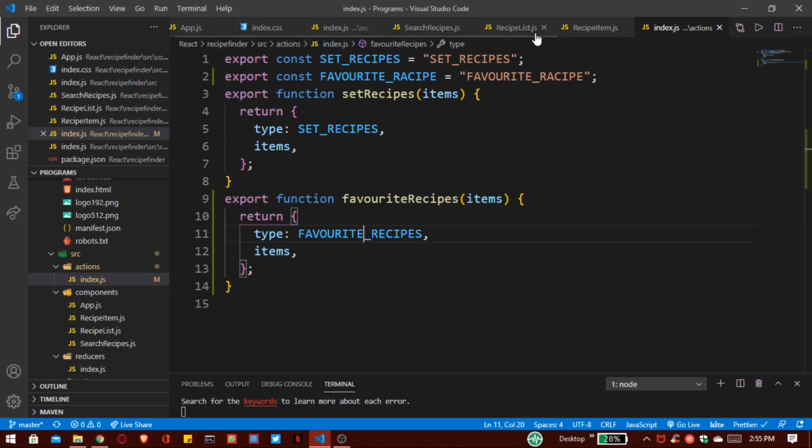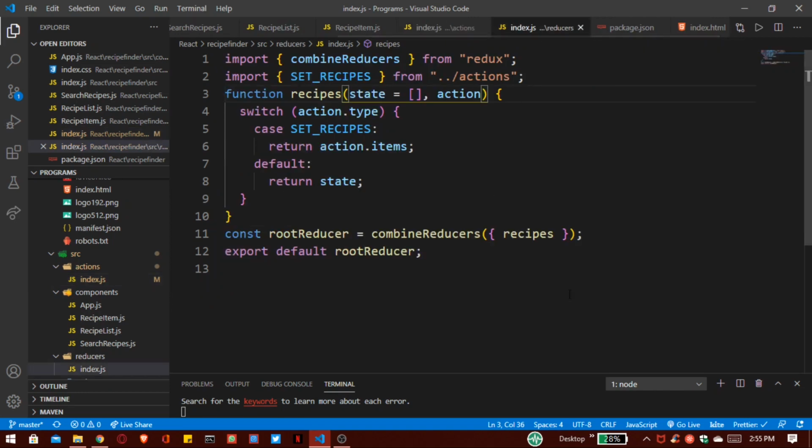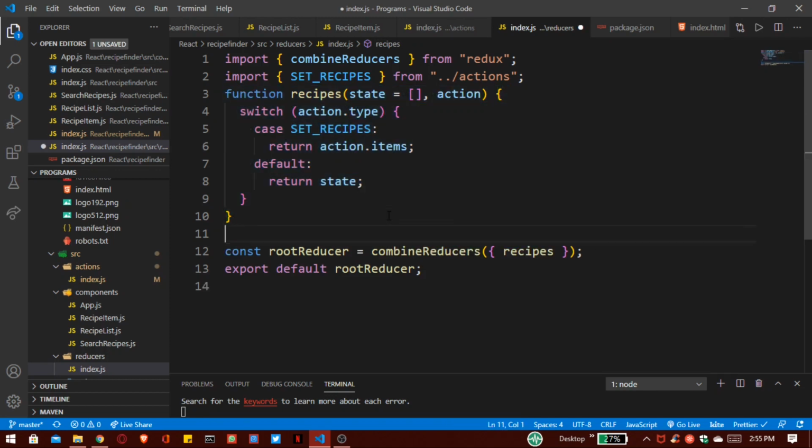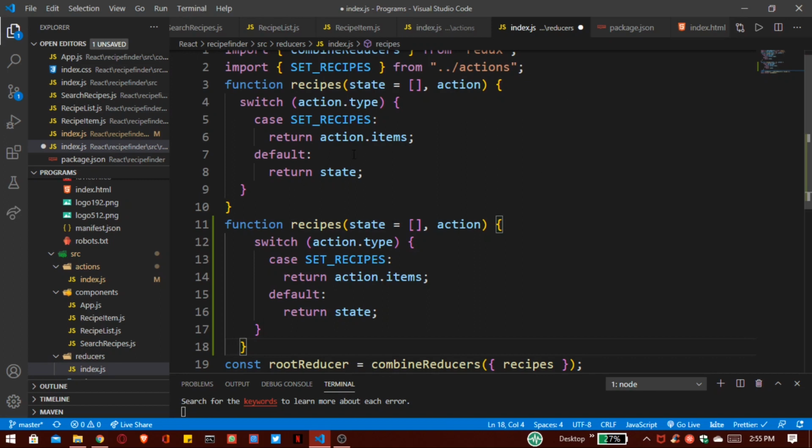So go inside our reducers, that is here index.js, and here we have to call the same function like this for our recipes, and this is for our favorites. So instead of recipes only, we have to write here favorite, and our action is for favorite recipes. Here we want to return all of the favorite recipes that we have selected.